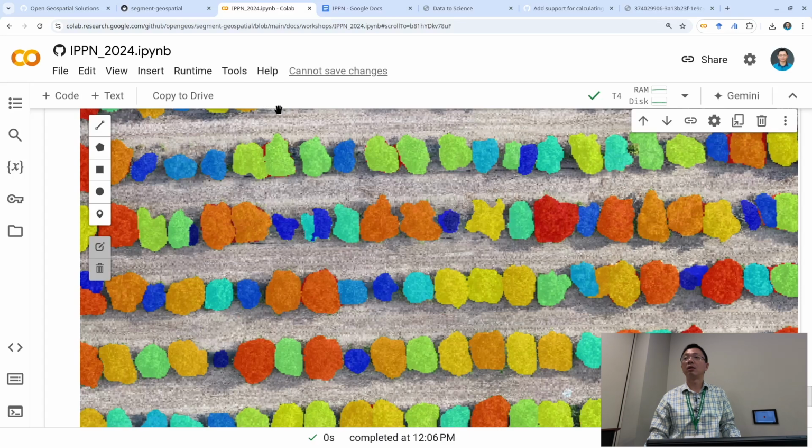What if instead of an RGB, you have a multispectral ortho image? I mean, I will just use the RGB. You will work in the same way? I mean, would you be able to segment the different instances? Yeah, right now it doesn't support more than 3 bands yet, because the foundation model was trained on just RGB